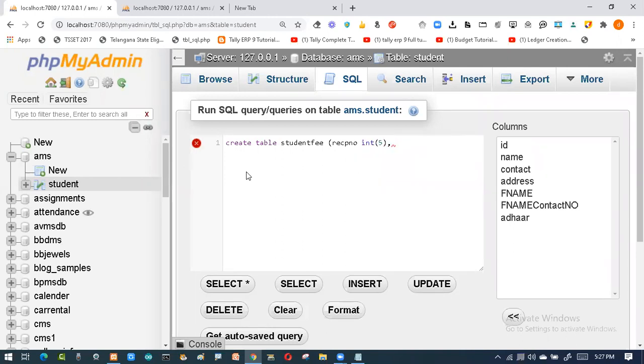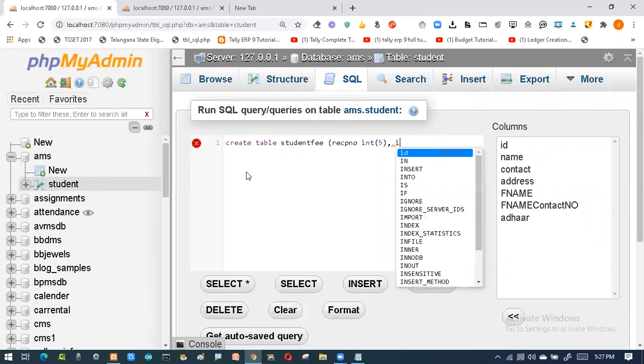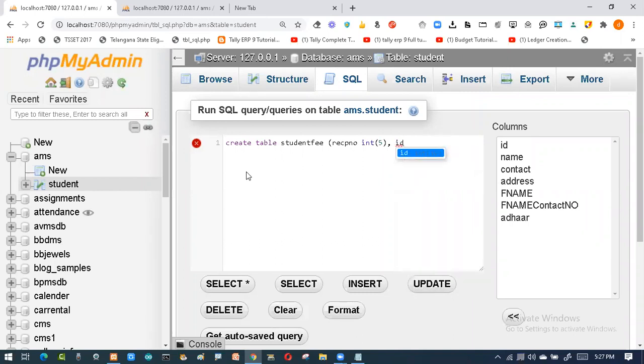Then to whom you are giving, so to the ID, that roll number of that person. It is an integer of 5 digits. Then he is having the name, so to whom you are giving.